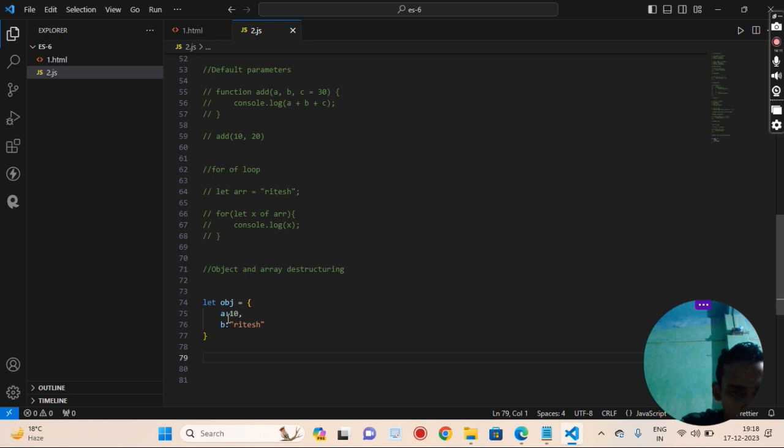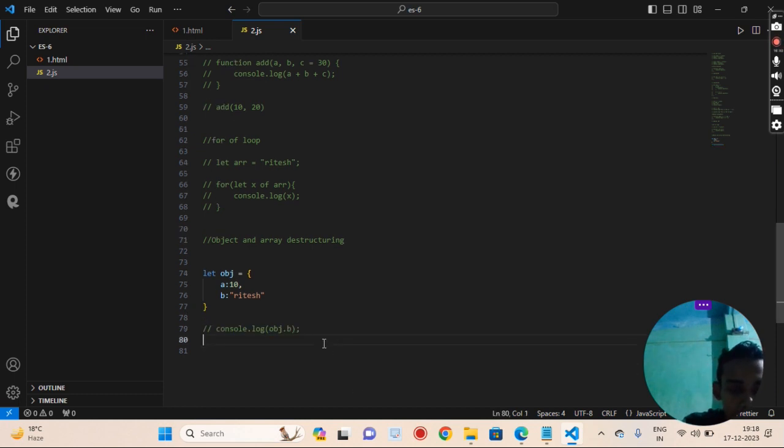If you want to print the value of key a, we just use object.a, or object.b if you want to print the value of the b key. But in array and object destructuring,